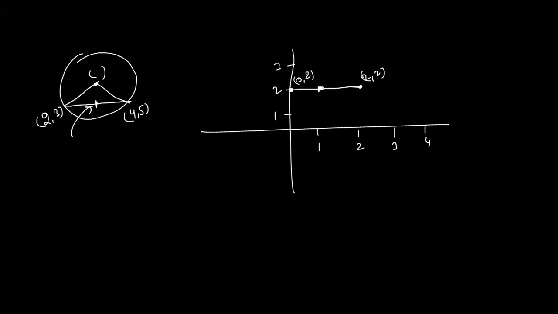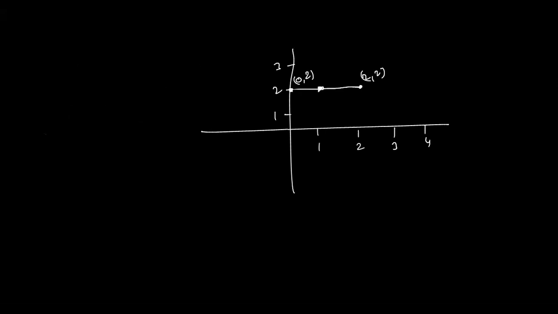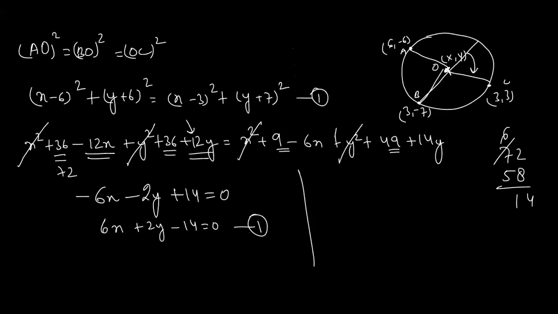The distance is equal. We can say that this distance and this distance is equal, and this is also the midpoint. But we cannot say the midpoint always lies on the line segment joining the 2 points. So if these 2 points are joined together, then the midpoint will lie here. If it is given to you that these are the coordinates of the diameter of the circle, then it is a simple problem. You can simply calculate the midpoint because the diameter always passes through the center of the circle. So that will not be an issue. But here we cannot assume that the given coordinates are the diameter of the circle. So we cannot use this one. It is not given to us in the question. So we have done this one.